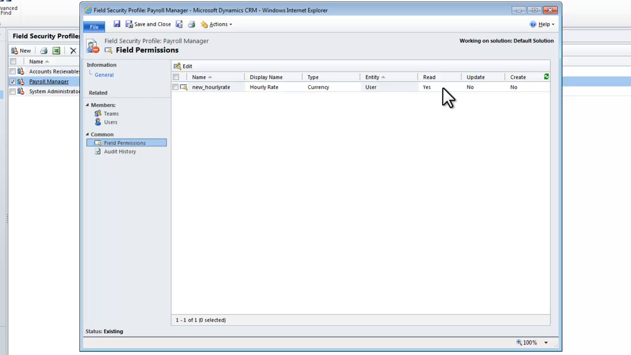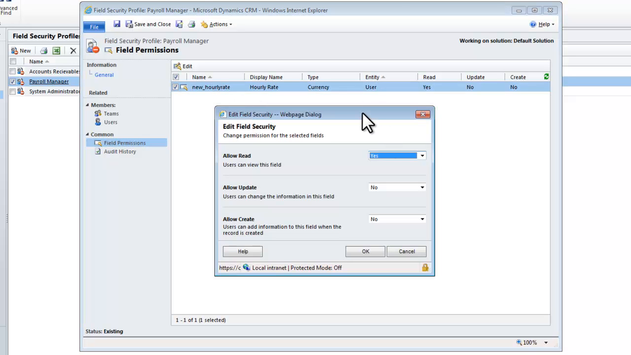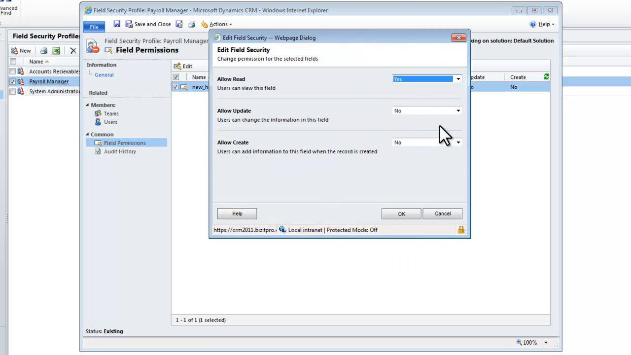access only. However, what we really want to do for this is modify it because the payroll group needs the ability to update this as well as to enter information in it the first time when the record is created. So we're going to change this profile for the payroll manager to be able to allow read, update, and create